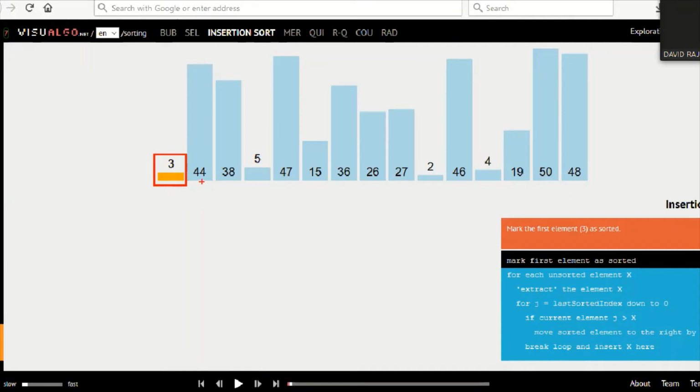So what we will do, we'll pick 44 and we'll compare it with this element. So 44 is greater than 3, so we will not disturb. Like that, next one 38 will be picked. 38 will be compared with 3 and 44. 38 is greater than 3 and less than 44. So this element will be moved between 3 and 44. Like this,